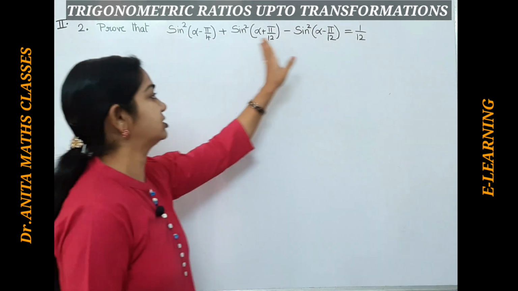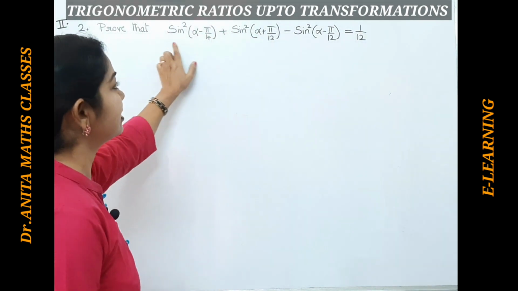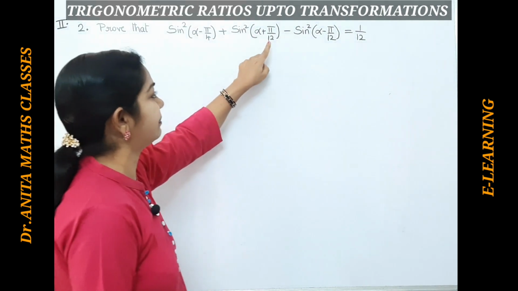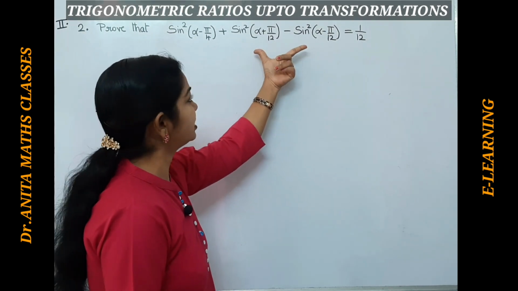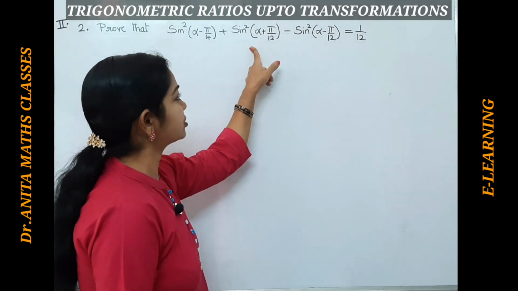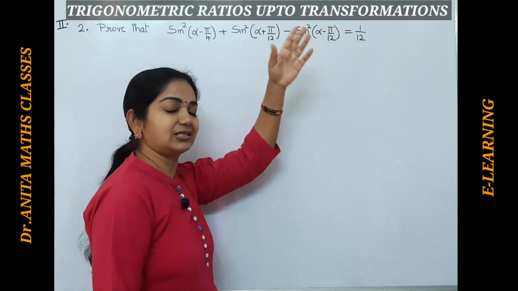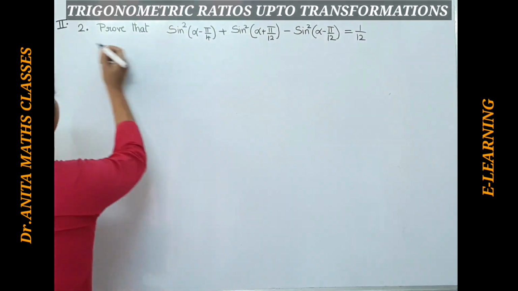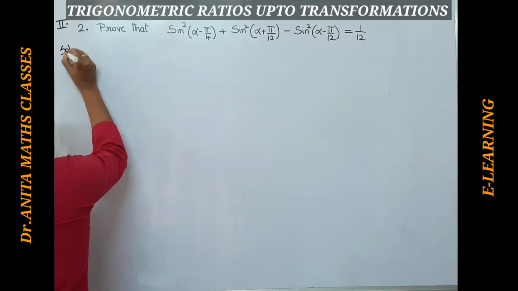So, clearly this is an LHS and RHS problem, and if you see, there is a commonality here. Here there is pi by 4, but here pi by 12 and pi by 12. So, if you see here, this is in the form of a square minus b square. So, let's expand it into a plus b into a minus b. Right, let's get started with this LHS.